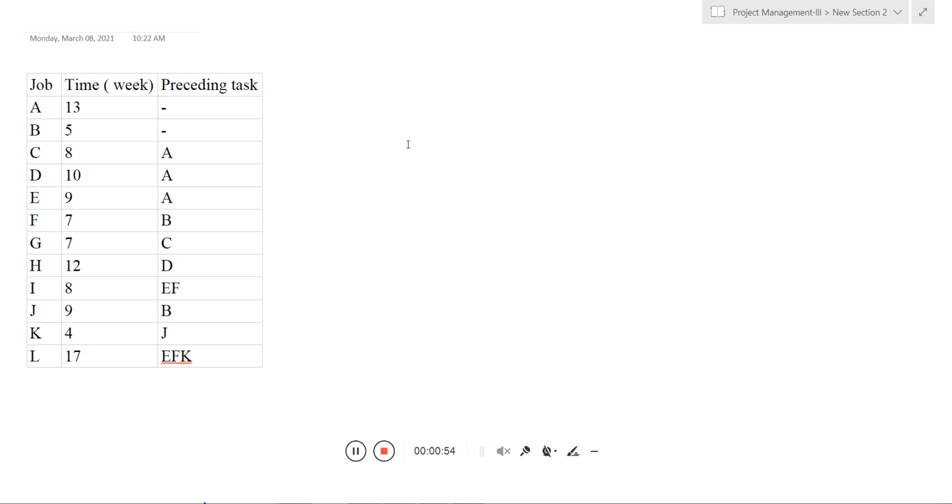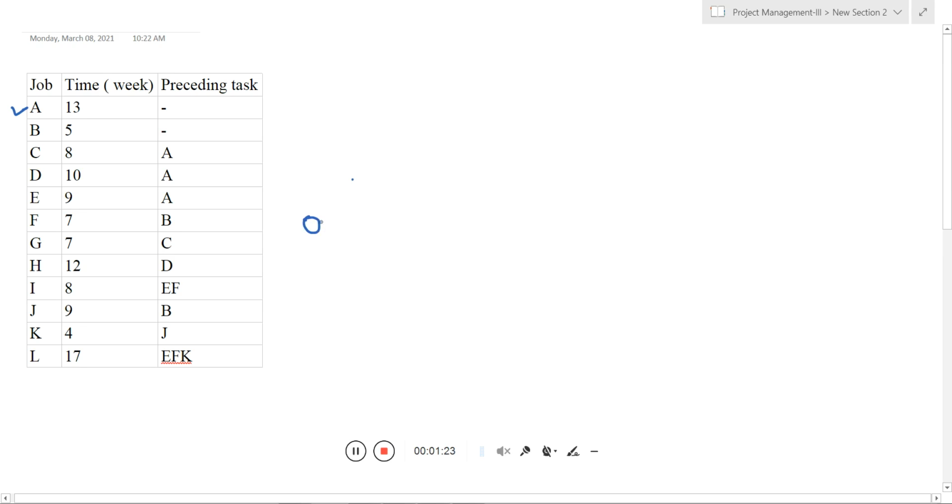So here you can see, first you need to draw activities A, B, C, D, E, all the activities are given. Just wait, I take a pen. Okay, so first you need to draw the activity A. That is the independent activity. So here you can directly draw, like this is the starting point, and I generally use the activity on arrow.